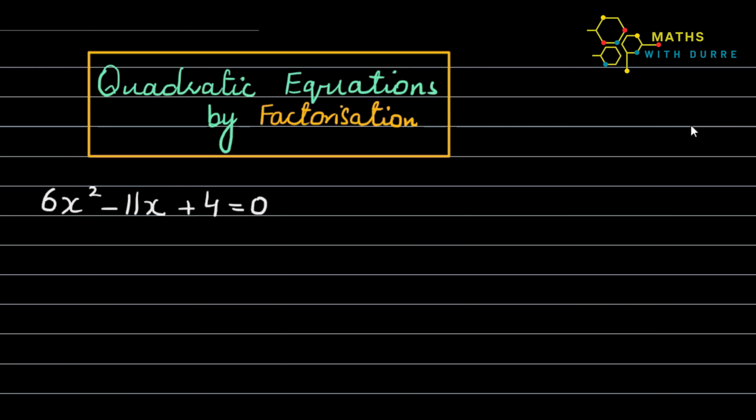So remember one thing, what you need to do: you have to multiply the constant number, this is a constant value, with the coefficient of x squared, meaning the variable which is in a power of square. You have to multiply both of them. So let me multiply here. 6 times 4 is giving me 24. Okay. So I have to make factors of this 24.